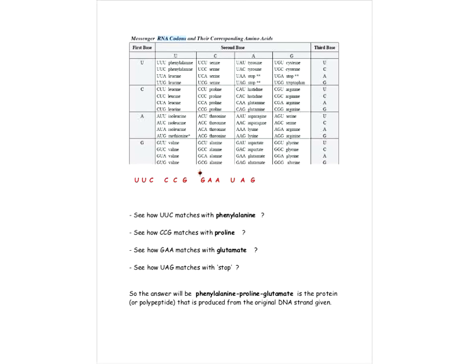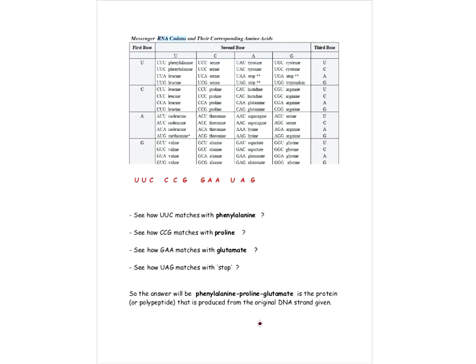I can't seem to see it at the moment, but it should be there. Okay, glutamate. There we go. Sorry. GAA, glutamate. Okay, now the last one's important to pay attention to. The last code we have, UAG, doesn't match with any of the amino acids here. It matches with something called a stop sequence. Okay, so UAG is right here, produces a stop sequence, so that would tell the protein that it needs to